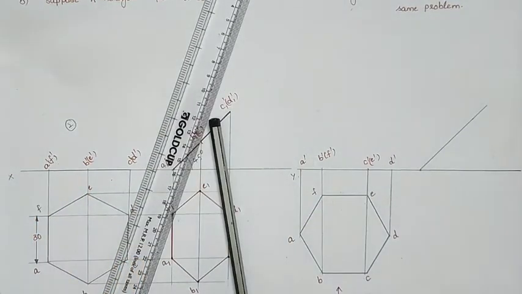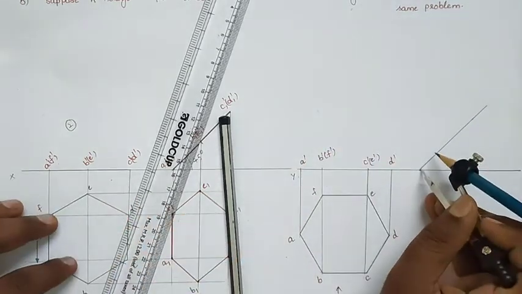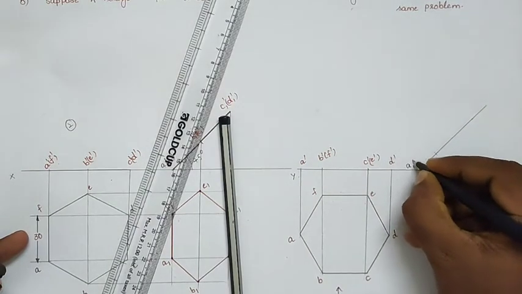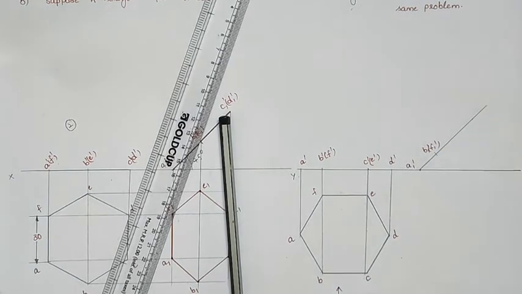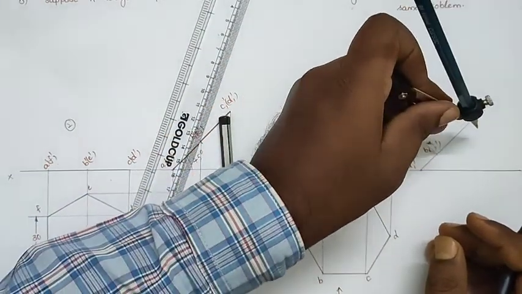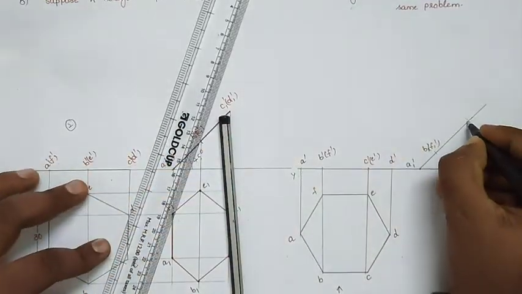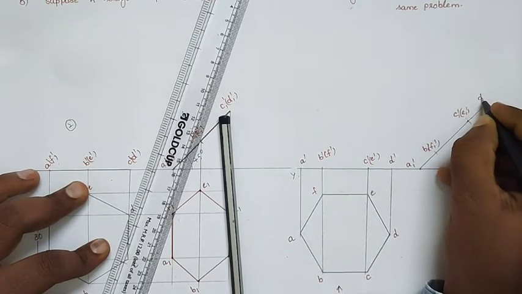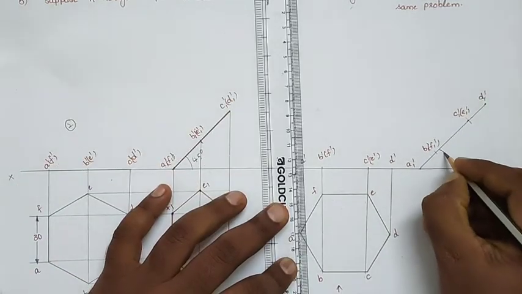After that, measure the point to point distance, so the A dash to B dash distance. From this we will draw the arc and locate that point. So I am taking A1 dash, B1 dash and F1 dash. From B1 dash to C1 dash, you can measure by using your compass, and from B1 dash we'll draw the arc and locate points C1 dash, E1 dash, and this point is D1 dash. After locating the points, this angle should be here